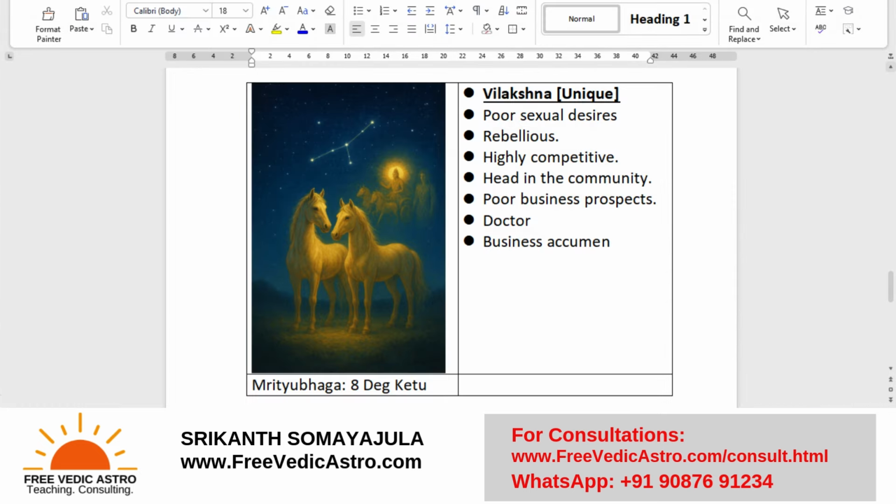These are some of those significations which I can say that you will have with the Ashwini having the 12 houses connections. So this has to be Vilakshana. This is a Vilakshana Amsha, right? And so one is doctors, the other one is uniqueness. This is what it is based on. So it's completely unique.